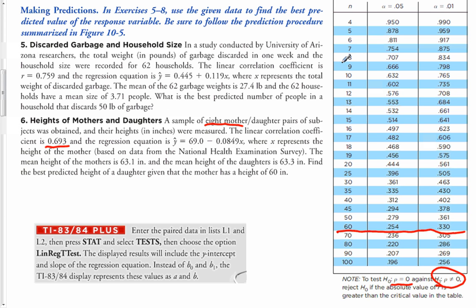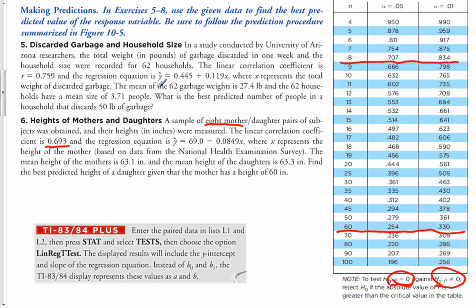So we go to the row that has eight, and let's see. Our coefficient R is 0.693, which is smaller than both of these numbers. So since R is smaller, we fail to reject the null hypothesis, which means there's no correlation. That rho is in fact equal to 0, so there's no correlation between the height of the mother and the